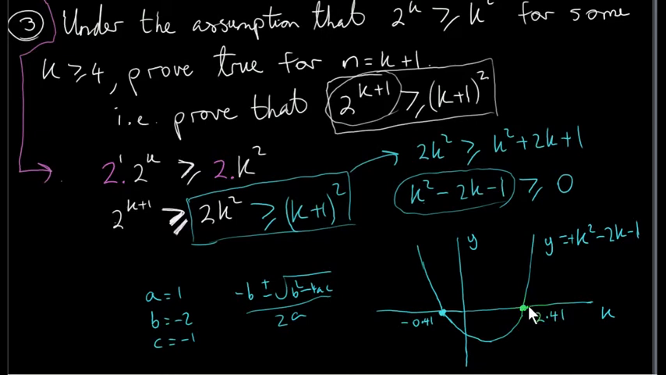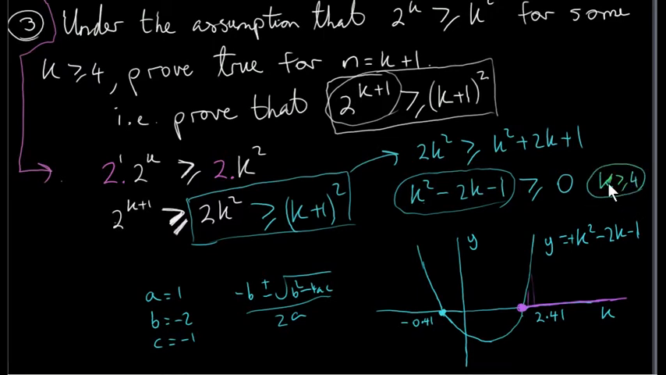You can see that values of k greater than or equal to 2.41 will make y greater than or equal to 0. If we take any value of k here, then the corresponding value of y will be positive or 0. It'll be 0 if k is equal to 2.41. Now we're only interested in values of k that are greater than or equal to 4. Okay, that was